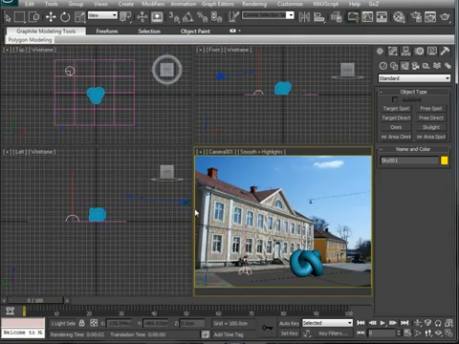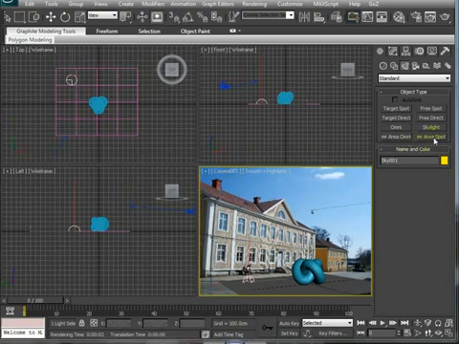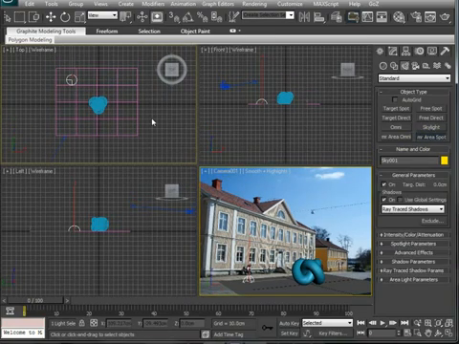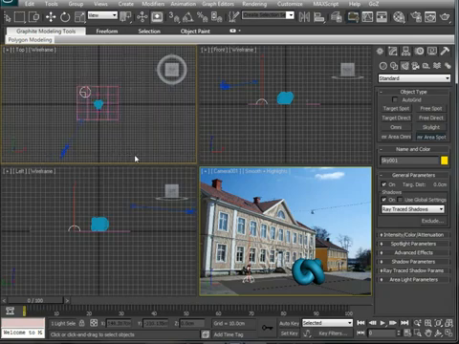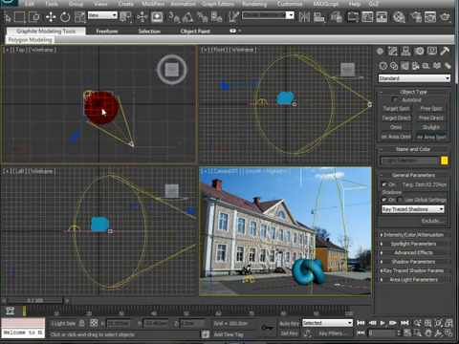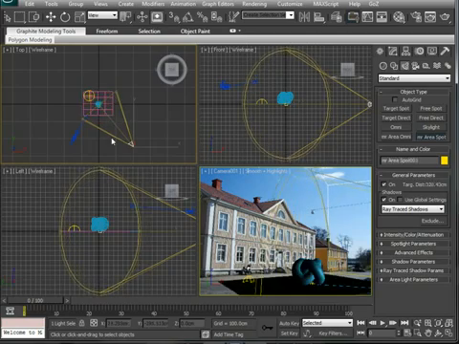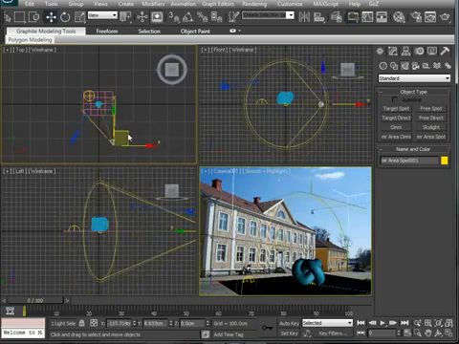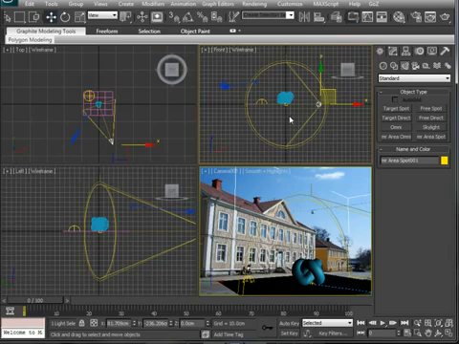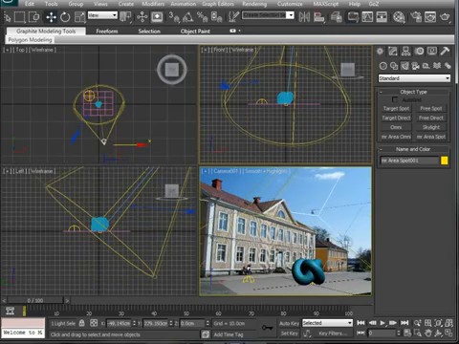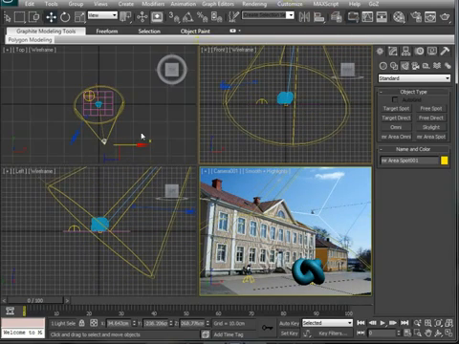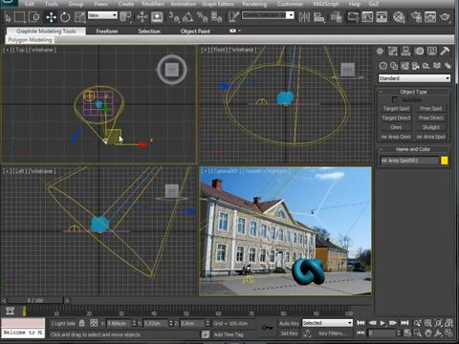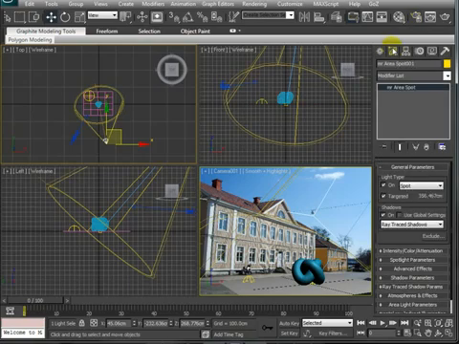So I'm going to press Alt-W to come back into my 4-screen mode, and I'm going to select Mental Ray Area Spot. Zooming out of my top view, I'm going to click where I want the light to start and drag to where I want the light to point. Now this is a target light, so if I press W, I can move it and it still stays pointing where I finished up. So I want it about there, and I want to raise it up to approximately where the sun was coming from. Might just move it across a bit more. There we go. If you click the second tab along, the modifier tab over here,